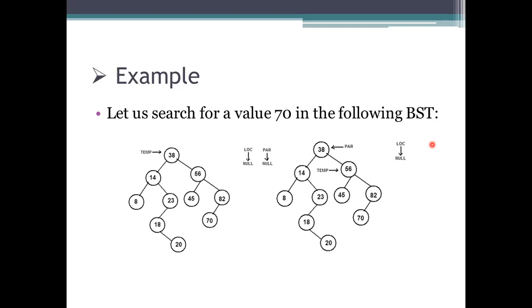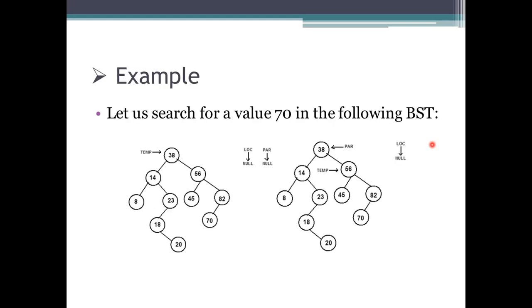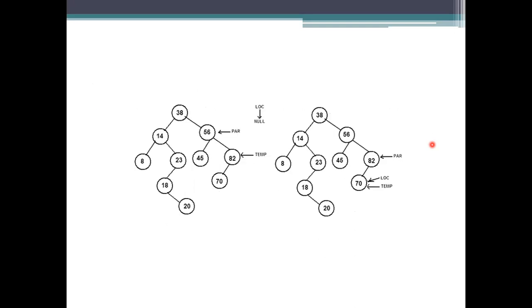So we will go for the right subtree here. And coming to this one, what is the parent node now? Before making the parent node, we need to make this a temporary value. We need to see whether it is greater than 70 or not. It is greater than 70, so we need to go for the right side of that 56. Now the temporary root node is 82, and the parent node of that 82 is 56.